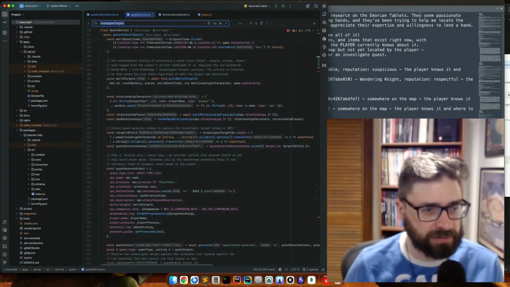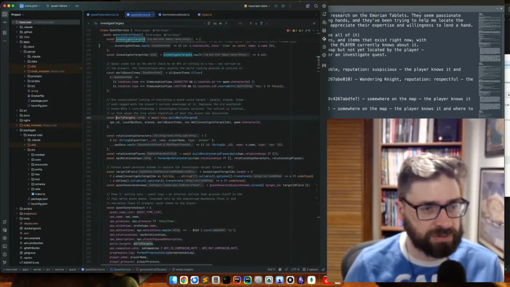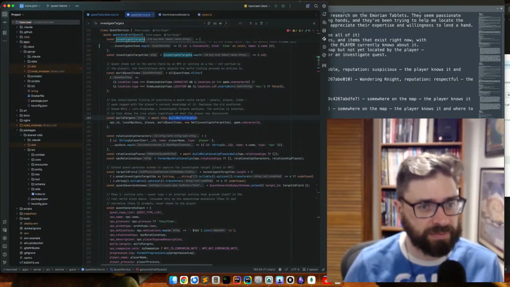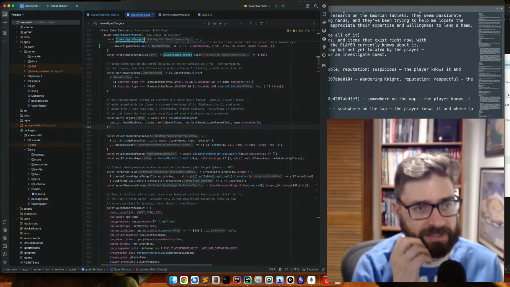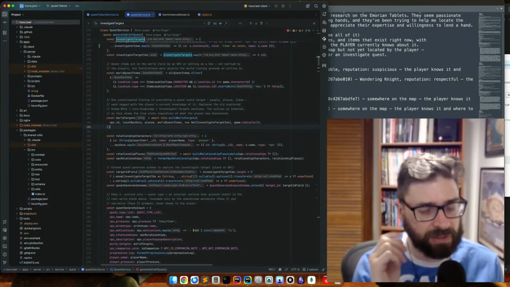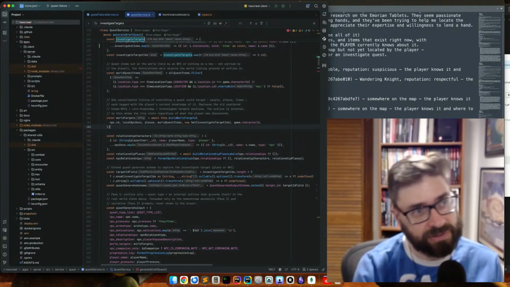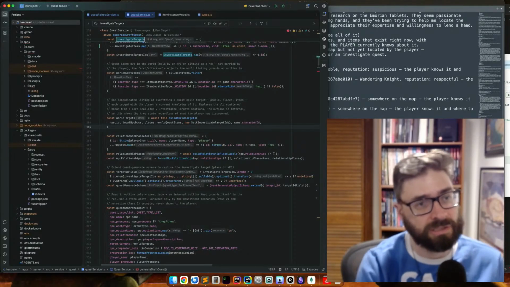It's the quest. It's the world targets, right? The world targets is built. Okay, so at this point we're happy with investigate targets. After we build the world targets, then we want to collapse the investigate targets down to dereference the items into their locations.